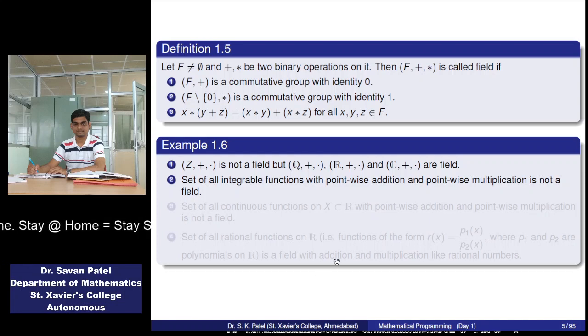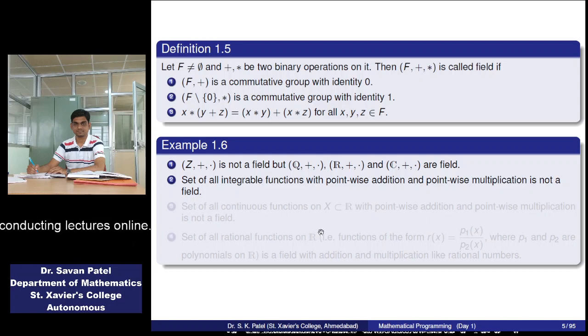Because with pointwise addition, the inverse of f is minus f, and the addition of both will be the 0 function. We know at least one function we can define which passes through 0 and it will not have a multiplicative inverse. Here by